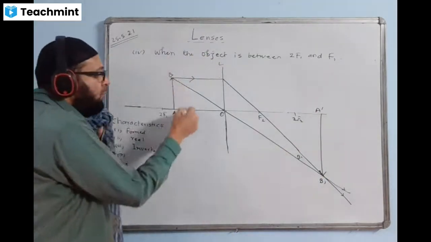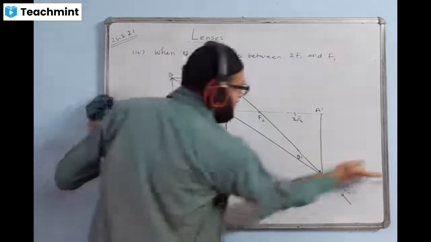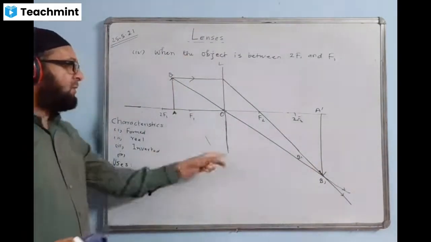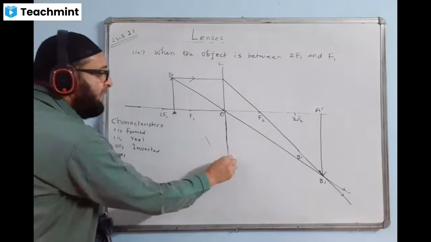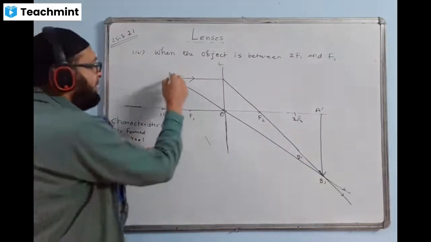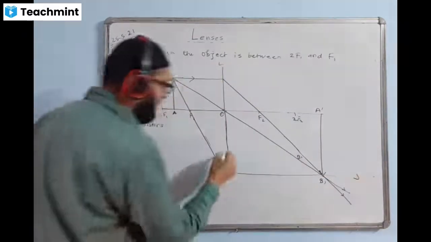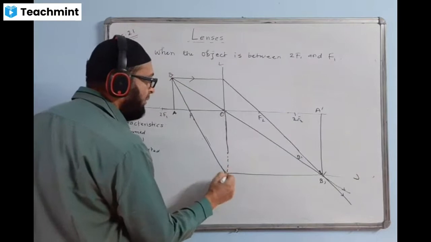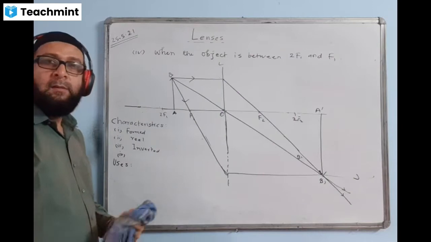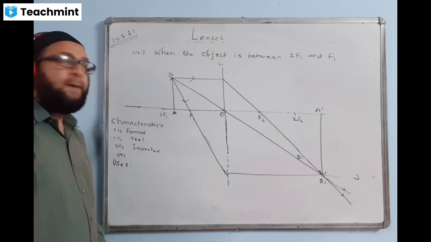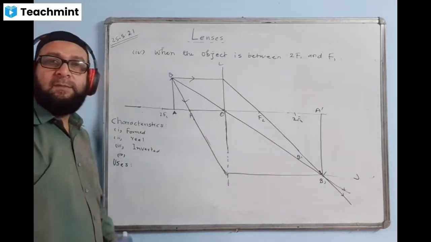The third ray again through this one you'll do. If there is no space out here, you'll do a dotted line. Like this, you will come here, and then from here you'll do like this. The third ray always goes through F1. If the size of the lens looks small, you can use a dotted line here, or you may not draw anything. Understood? If you don't have space, then you can put a dotted line here and then extend like this. The third ray always goes through F1, that is the auxiliary focus.